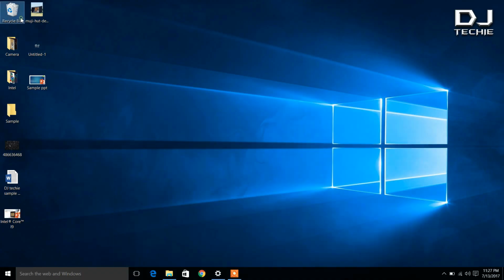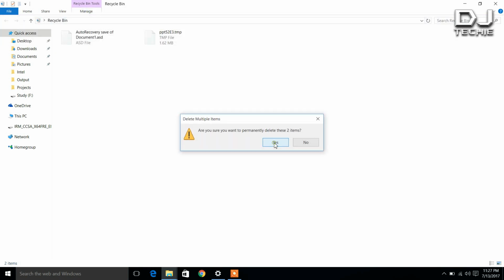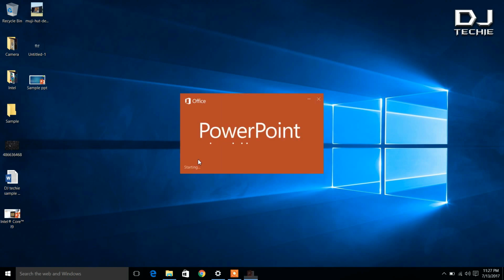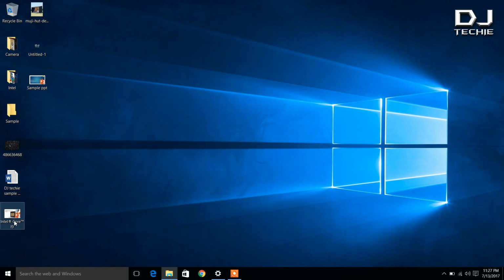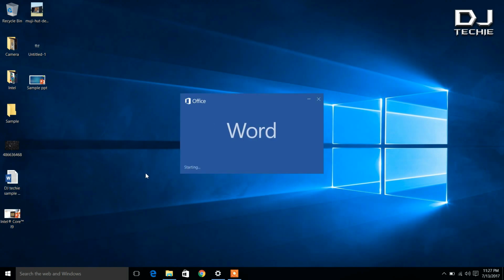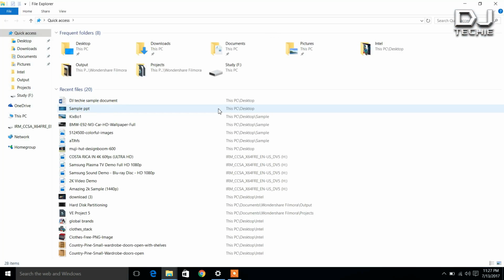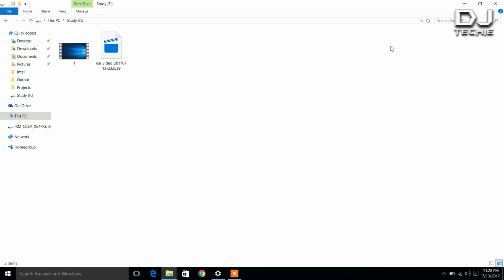and I will delete something from here, and let's empty the recycle bin, and whatever we have created, let's open it and see how fast it's opening. So as you can see, the presentation has been opened, and if we open the Word file, it has also been opened, and if we open My Computer, things are going to be very fast. As you can see, the drives are opening very fast,